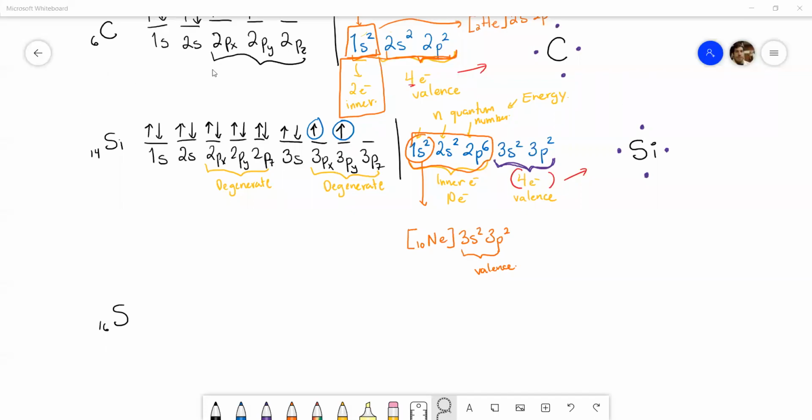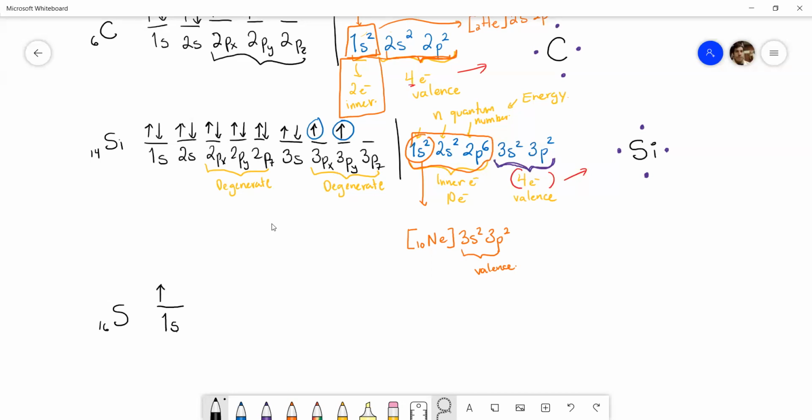So to write the electron configuration of an element, we have to first identify its atomic number, 16 in this case. We are working with electrically neutral atoms, so it means the same number of protons or the same number of electrons. So 16 electrons is what we are going to represent here. We have to apply the rules of the electron configuration. We start with the lowest energy orbital.